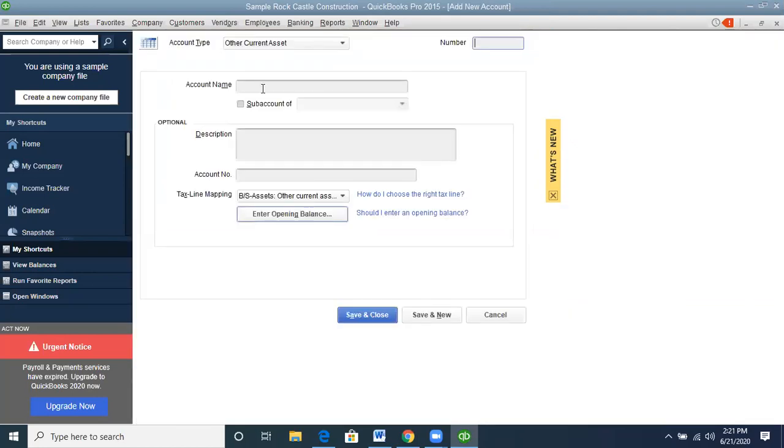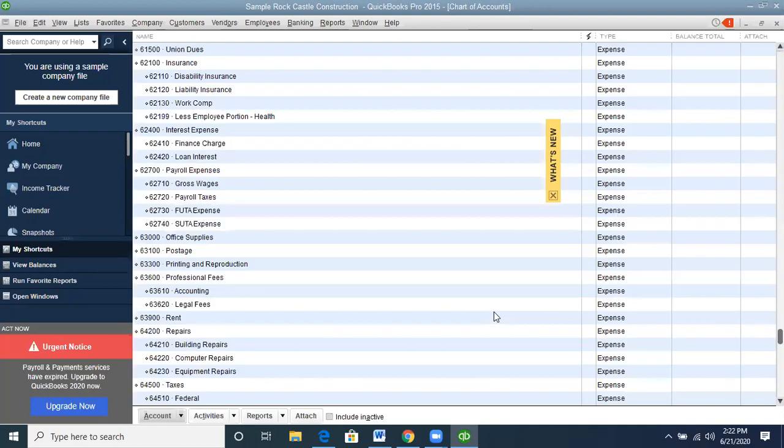Then you type in here VAT input receivable. You don't have to put account, sub account, nothing in there. And then you press save and close. I didn't put cancel because I already have this in. Click save and close. So if I have the VAT number, I would put that information,